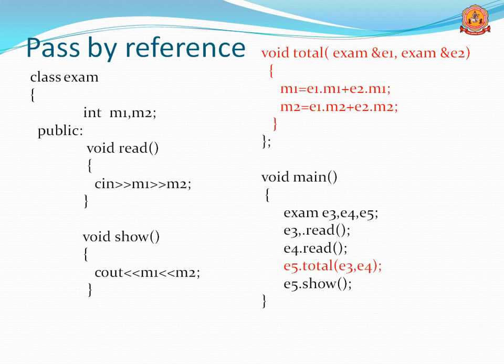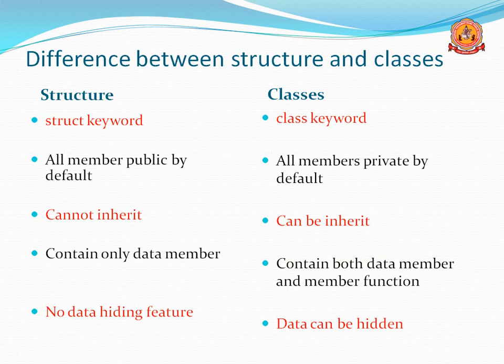Here is the example. The same example, but the small difference is that when you are going to do pass by reference, we have to pass the address. So in the place of receiving, I used an ampersand, the and symbol. The and symbol refers to the address. That is the only difference between the pass by reference and pass by value programs. But the main change is, in case of pass by value, it will create duplicate copies, but in case of pass by reference, we are going to pass the address of the object.